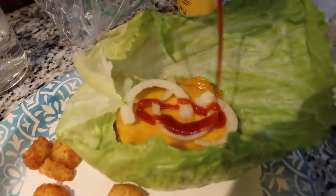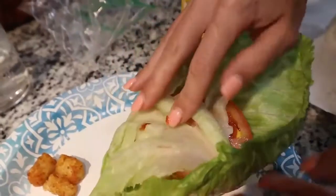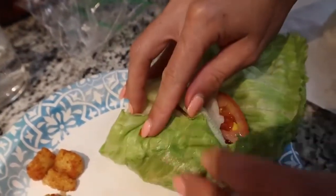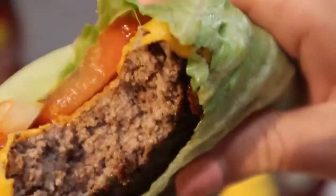Also, if you're wanting to eat this a little bit healthier or low carb, I definitely suggest putting it in a lettuce wrap. I just put all of my condiments in there, give it a nice wrap, and it's...